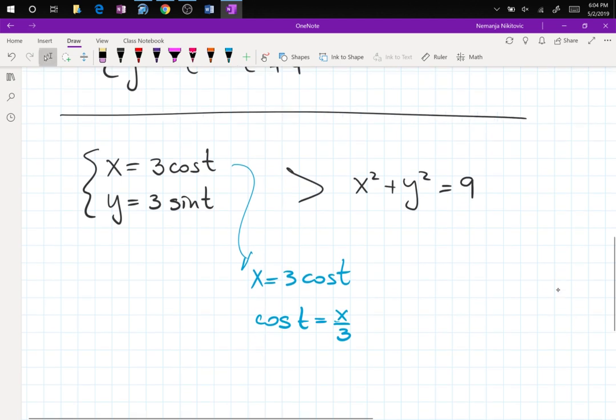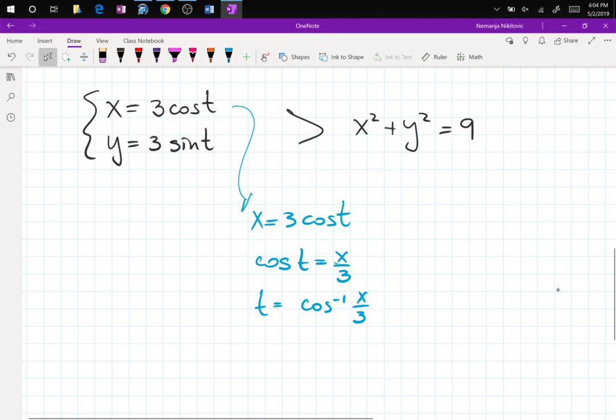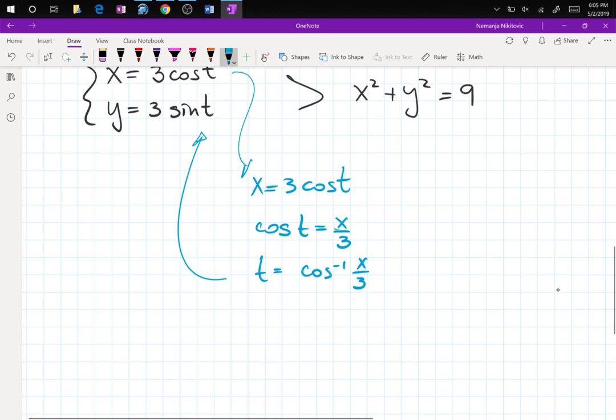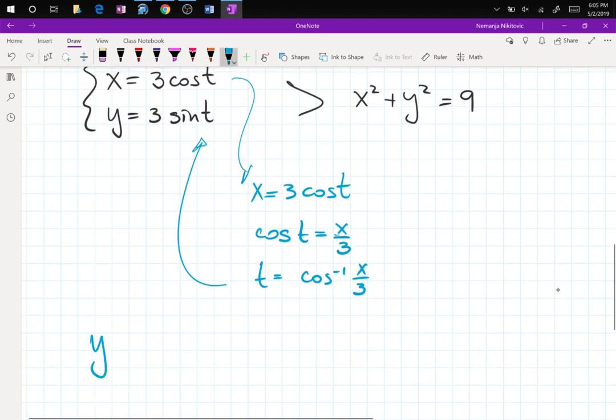And then hit it with the inverse on both sides. t equals cosine inverse of x over 3, right? Now you plug that into the sine equation, and you get y equals 3 sine of cosine inverse of x